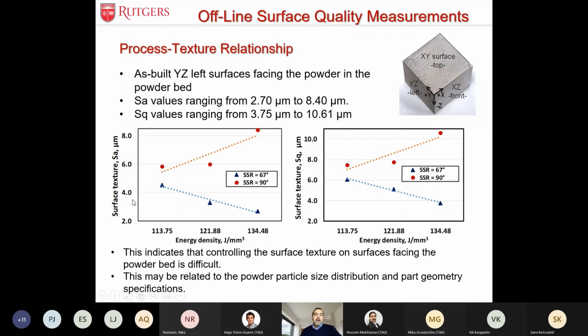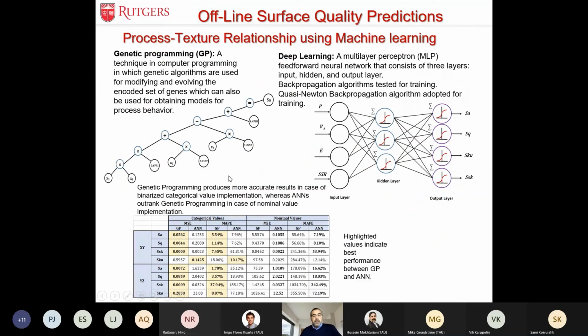But in terms of the side surfaces, these are surfaces facing the powder bed. Essentially, it's a little bit of a conflicting situation. We see with the 67 degree scan strategy rotation, it follows the trend. As energy density increases, the surface texture parameter is reduced, which means that we get better surface quality. But on the other hand, the orthogonal build actually creates an opposite effect. So in order to